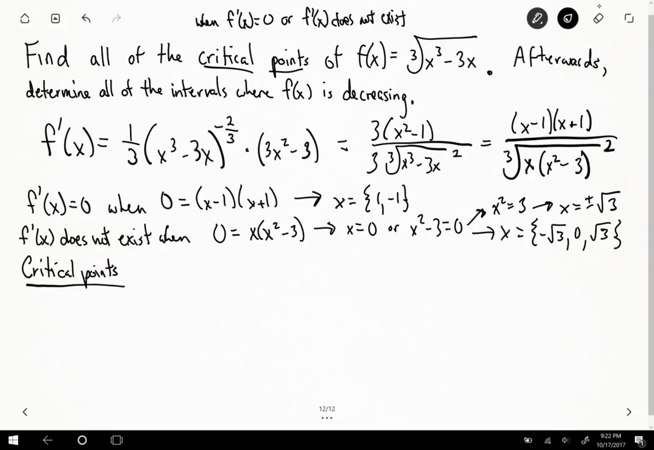are x equals, well, notice we had 1 and negative 1, and we have negative root 3 and 0 and root 3. And so to write those in increasing order, we start with negative root 3, that's the smallest of the bunch, and negative 1. And if you're struggling, you might not know what negative root 3 is without a calculator. Well,